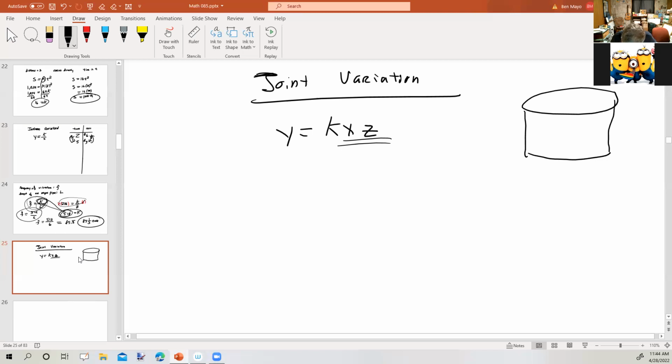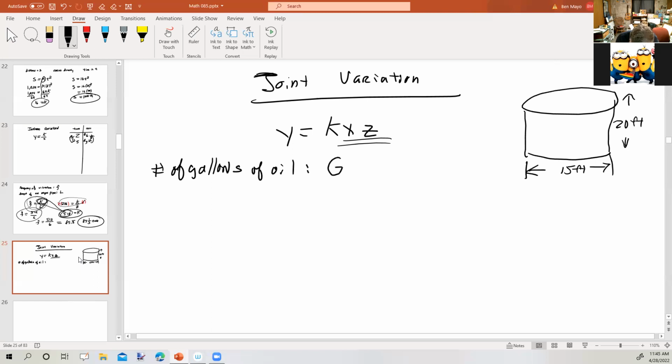And they tell us that it's 15 feet across and 20 feet high. Okay, so there's this oil tank. Now, the number of gallons of oil that can be stored varies. Okay, so number of gallons of oil, let's call that G, capital G for gallons, varies jointly as